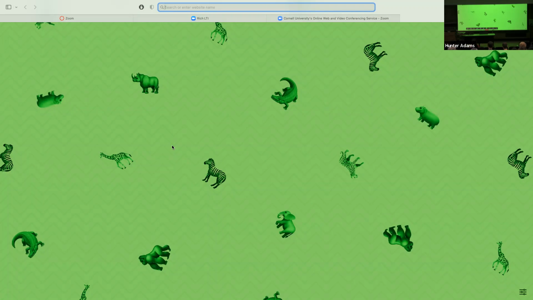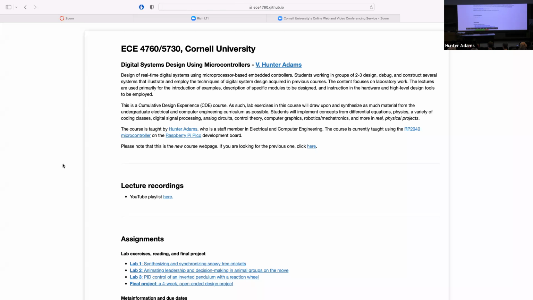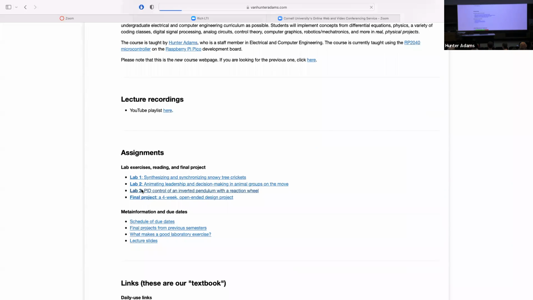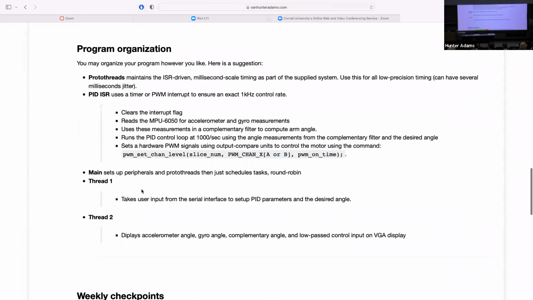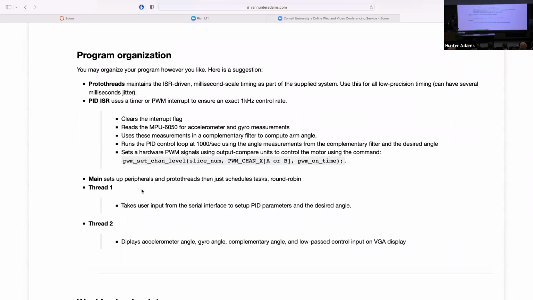The first thing I wanted to point people to is the write-up for Lab 3. I want to remind you of a resource in this lab write-up that you may have overlooked, which is this recommendation for program organization. I've seen a handful of groups that are a bit confused about where precisely in their program various things should happen. Am I recording? Let me just make sure. Yeah. So for instance, I've seen some groups that are a little bit confused about where precisely we are supposed to be gathering the raw measurements, where we are supposed to be computing the complementary filter, these sorts of things. So I wanted to take some time to walk through that.